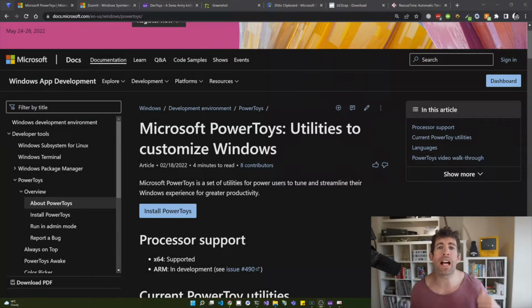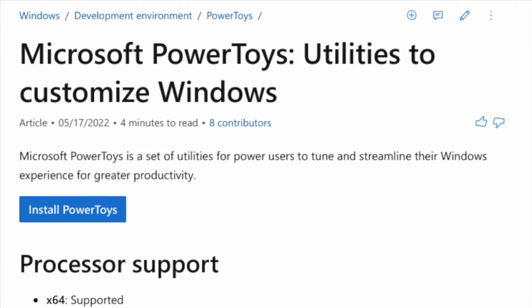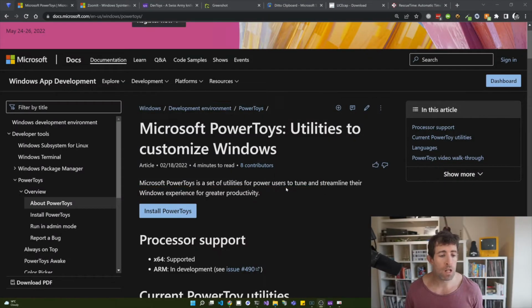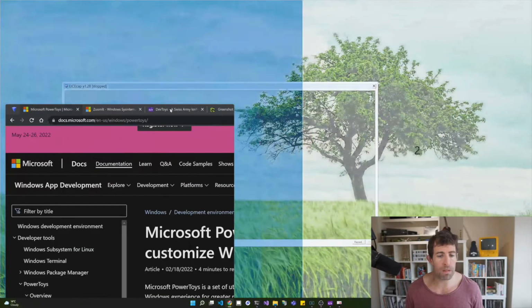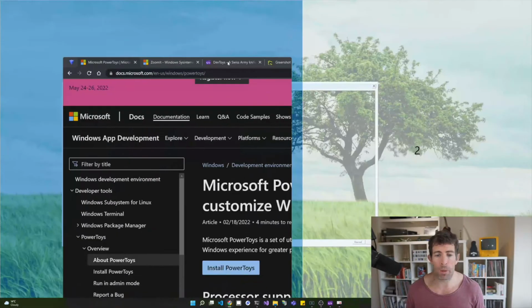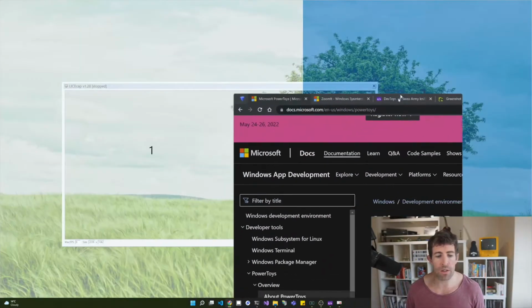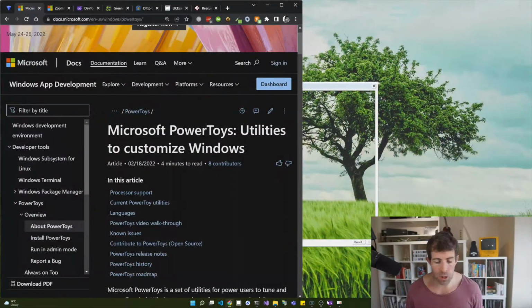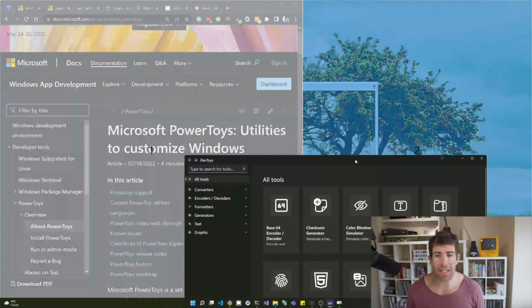With the IDEs and terminals covered, let's get into the more interesting and lesser well-known tools. If you're a Windows developer, you should have Microsoft PowerToys installed. Created by Microsoft, free to install, PowerToys is basically a suite of development tools which is going to make it much easier for you to write code. The main one which I find makes me more productive is this zone builder. So it's possible to create these different types of zones on your PC. I've created just a left and right simple one,